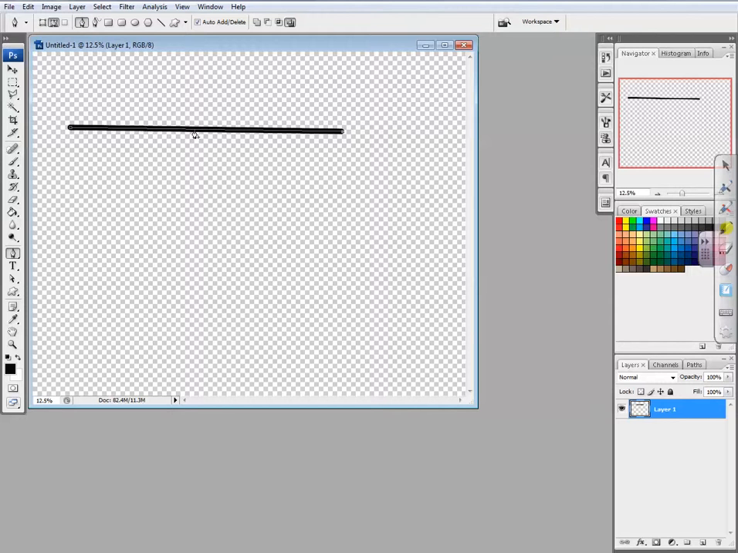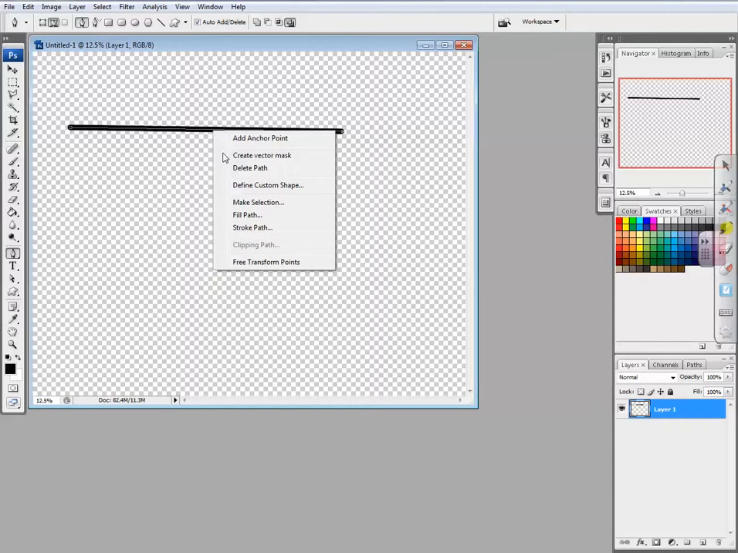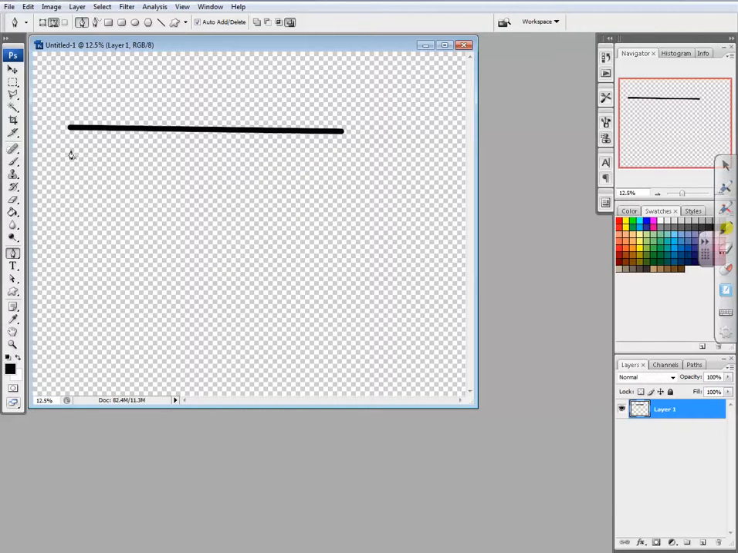The last thing I need to do is get rid of that path. So all I have to do is right click on it and hit delete path. Now I've drawn a straight line using my